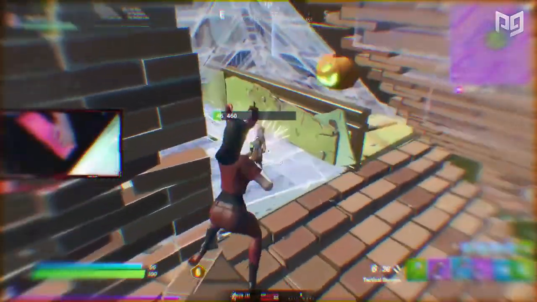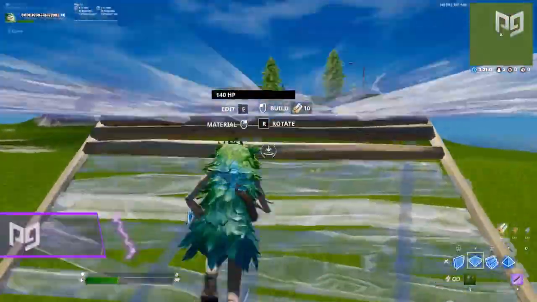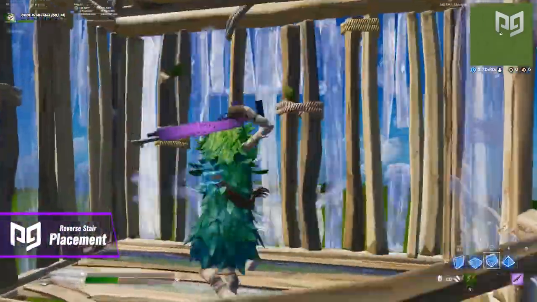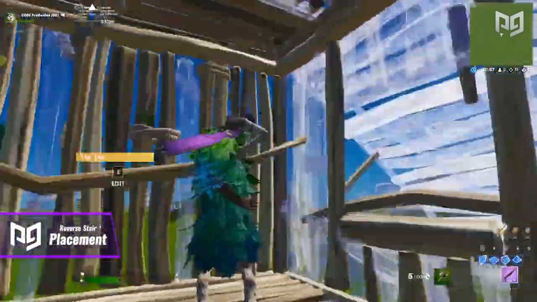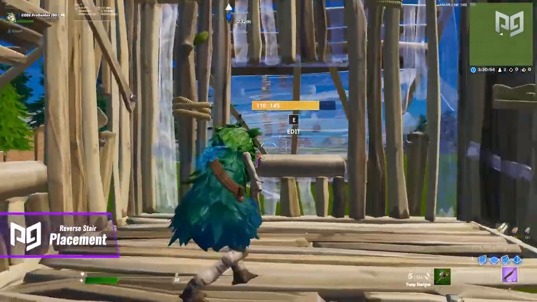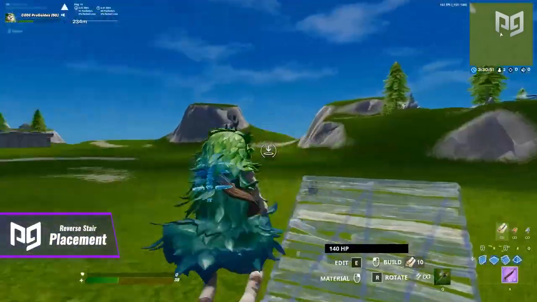Now, in my humble opinion, that's called maximizing your resources. You know, finding the techniques that give you guys the most benefit for the least amount of materials. And since nothing in this game is more important than your HP, I'm gonna say that this is a worthwhile strategy. There's also some other benefits of using the reverse stairs, such as creating specific peak angles that are much